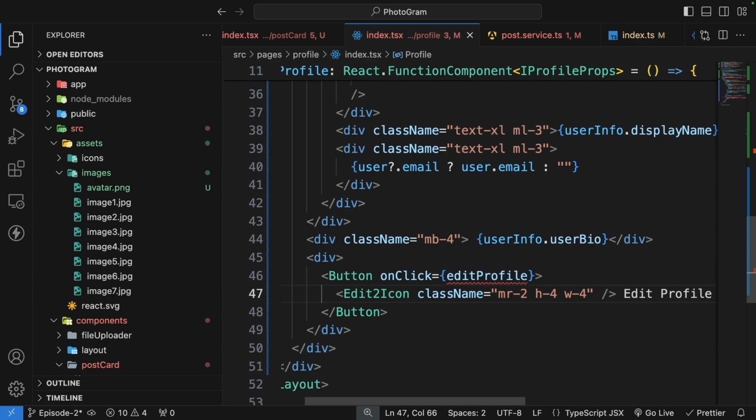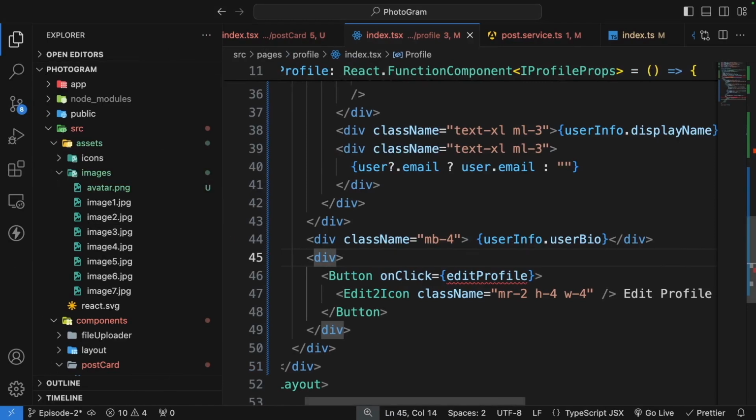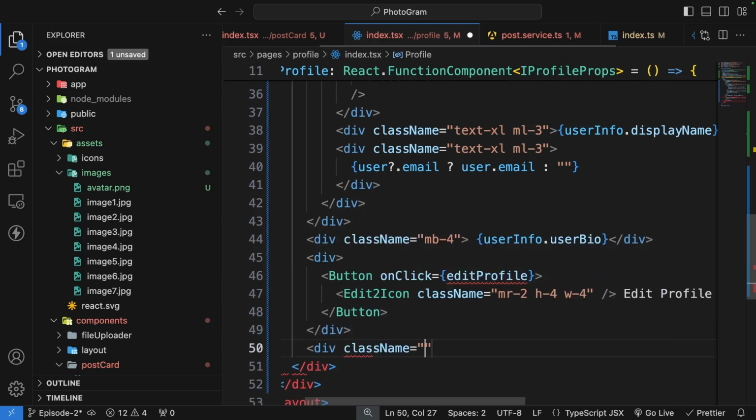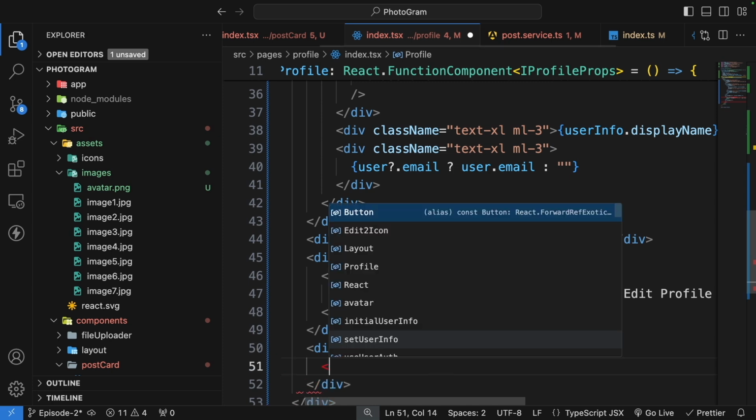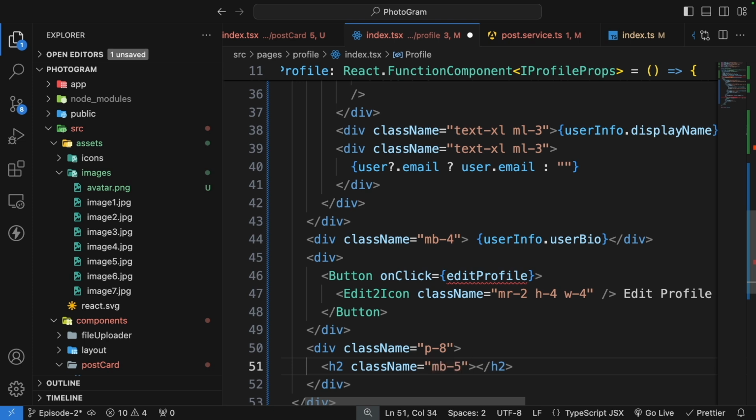Okay, so we have this edit profile button, and in the end what I can do is I can also use the same post that we display on the my photos. So I will just put it here, and let's have a div. I'm going to have a class as p8. Into that I'm going to have the h2. I'm going to use the class name as margin bottom 5, and then I'm going to have my post,